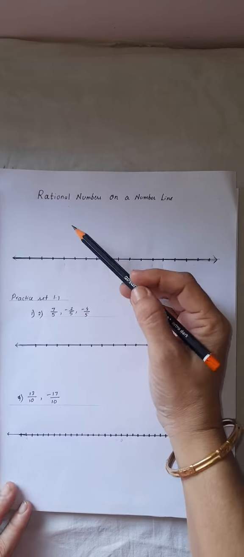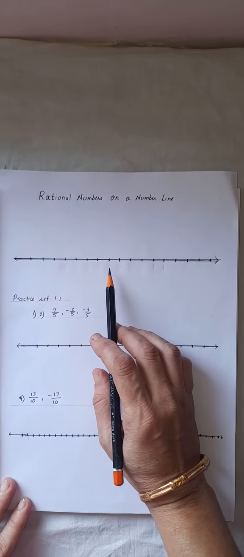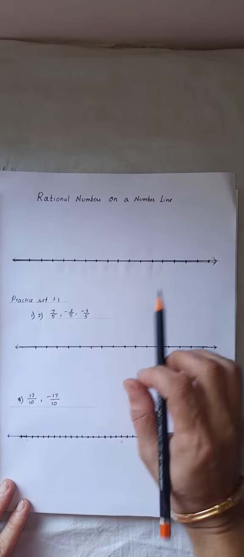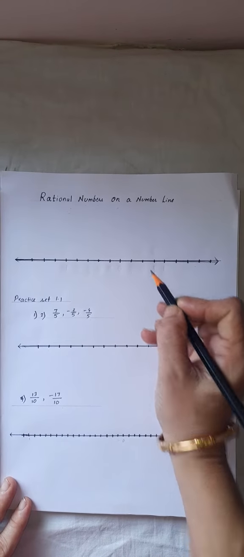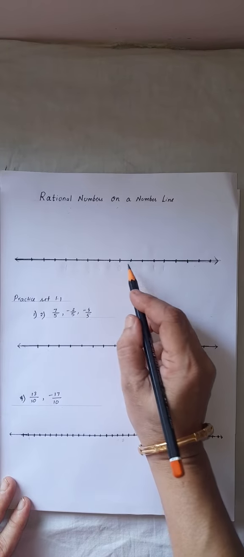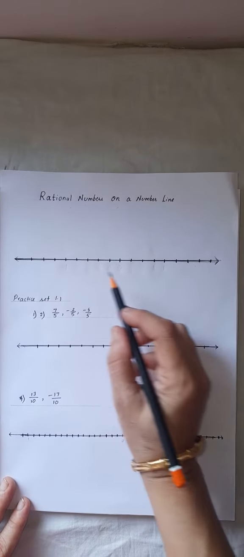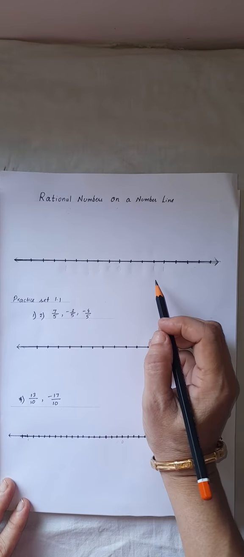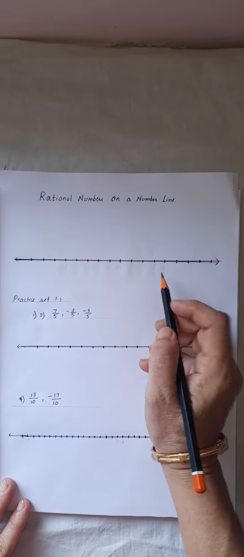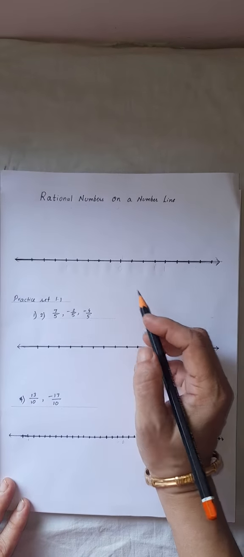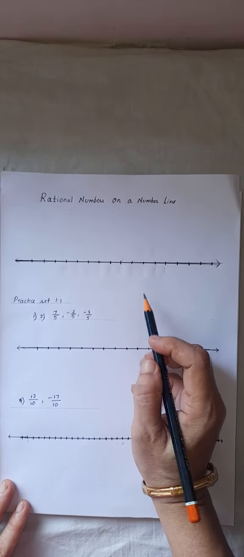Today we will study how to draw rational numbers on a number line. So I have drawn a number line for you. In this number line, if you can see, I have marked some points. Each point on this number line is at equal distance. So whenever you draw a number line, please take a scale. You take a measurement either of 1 centimeter or half a centimeter and then mark the points. It's very important for you to have an equal distance between each point.